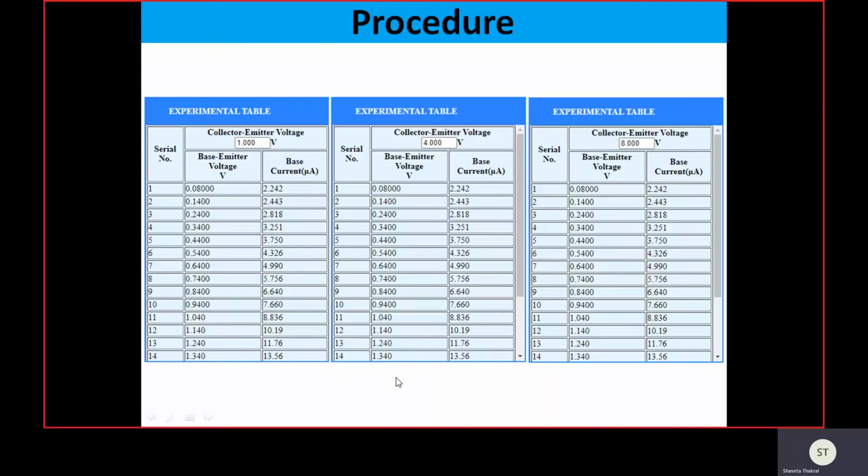As we have discussed, with the change in VCE, the level of current goes down. But this is not happening in this experimental setup. When we perform this experiment by making connections on the breadboard physically in the lab, then for a constant value of VBE, if VCE is increased, the level of base current should go down and the graph should shift to the right side. This is the important observation that we can see when we perform this experiment physically in the lab.